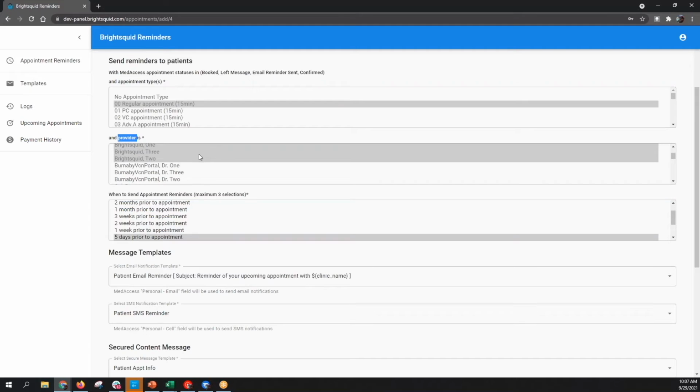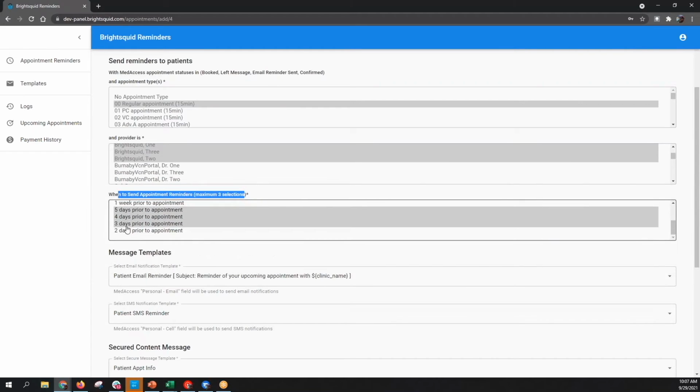The last parameter to identify is the time scale. When do we want to send reminders to the patients? 2 days in advance, 3 days in advance, a week, a month, and so on. For the purposes of today's demonstration, I've selected these 3 time periods, so 3 days out, 4 days out, and 5 days out. You can select up to a maximum of 3 notifications to go to your patients, or reminders if you like, so that they will be advised and reminded of their appointment in good time. So those are the three parameters that are going to identify when reminders should be sent to